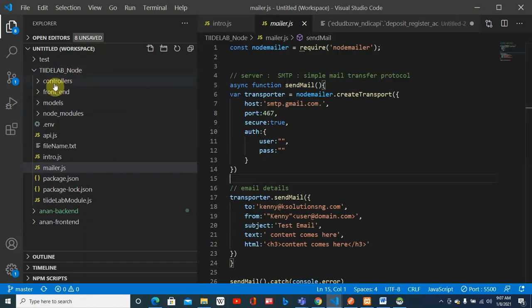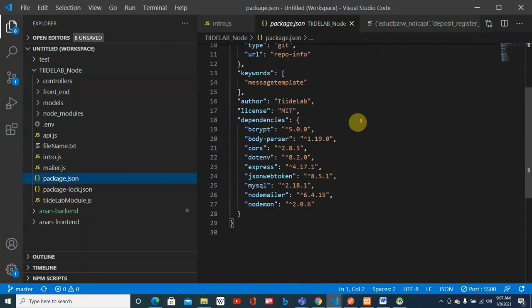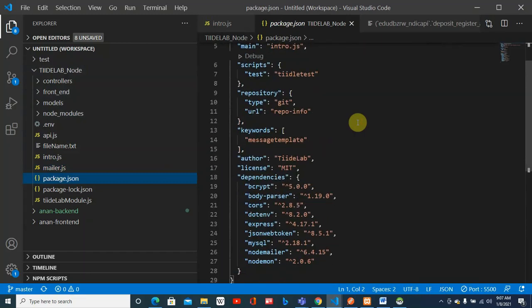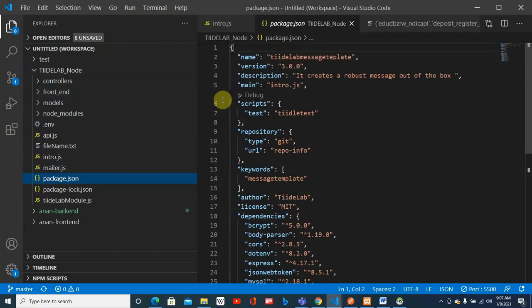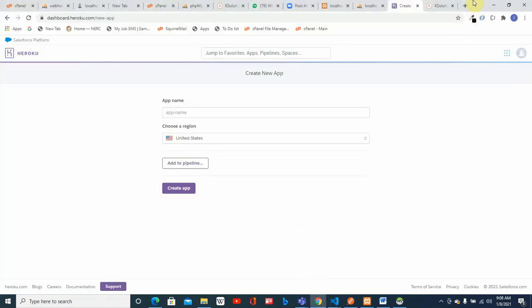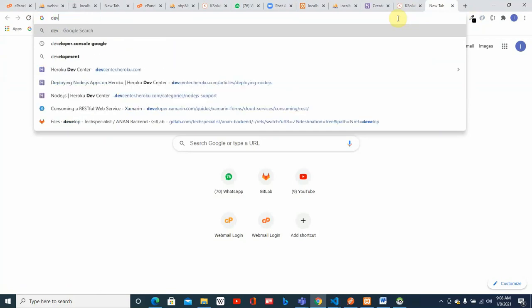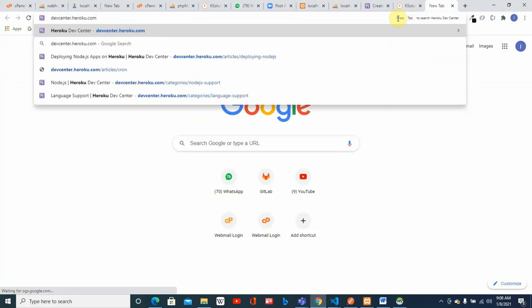All right. So the first thing you want to do is to go into your package.json and ensure that things are put right. All right. Okay, yeah, before we come back here, let's look at the things that you need to know first. So if you go to devcenter.heroku.com,